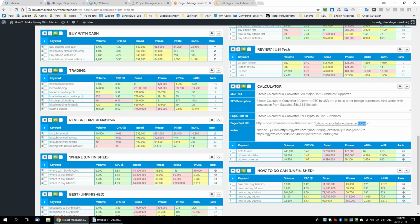Now, the reason we did that is, let's say on the original URL, you had built a bunch of links to just Bitcoin calculator converter. You built a bunch of links, but then you change your URL. Now all the links that you built are pointing to the wrong page, right? So what we did to combat that is we built in an automatic